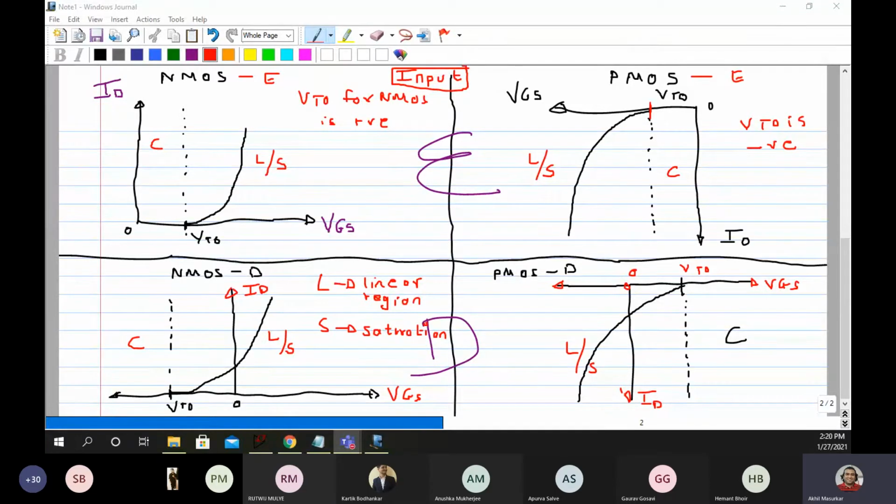I think Rutvij, am I spelling your name properly? Yes, sir. So Rutvij is asking a question, why have you written linear slash saturation. That is because from the input characteristics, it is very difficult to say whether it is in linear or saturation. For that, I have to take help of output characteristics, which I will be showing shortly. And this part has to be very clear, and that is why I have purposely taken this experiment to explain this part.